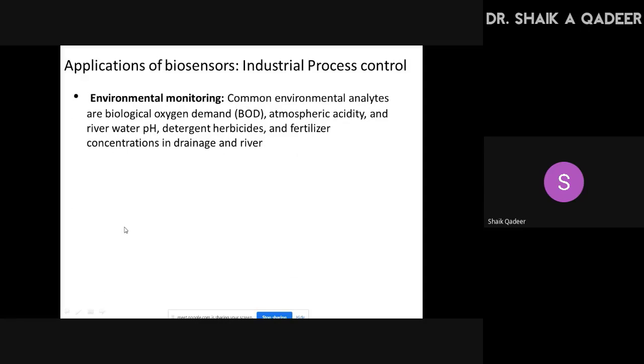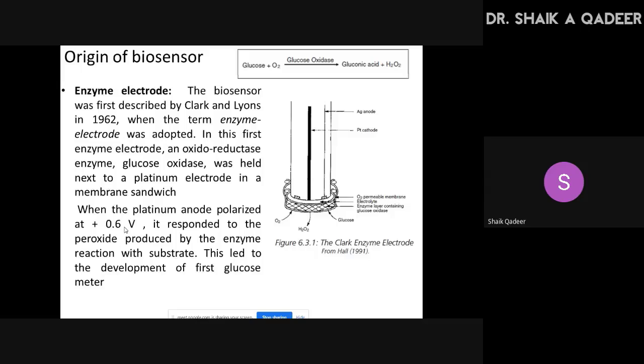Okay, this is also already covered. So this also I have already explained to you. You just need to explain this particular architecture. Already this is covered, I think, in your chemistry. So this particular device is actually the origin of biosensor. I already told you the origin of biosensor is the glucometer. In that case, oxygen is reacted with the glucose, and the catalyst used is glucose oxidase, and a possible reaction produces gluconic acid and peroxide, H2O2.